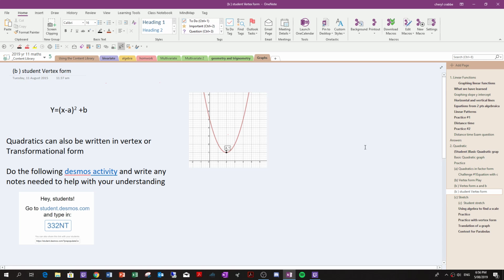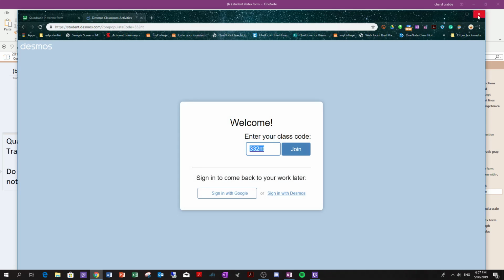Okay, we're going to just take a look at the activity that we did around vertex form for our quadratic. So we've looked at factor form, and we've looked at when it's just an expanded form parabola equation. Now we're going to take a look at when we have an equation in vertex form. Okay? So we have this form where we go in brackets x minus a all squared plus b. So it's still a quadratic, and it is written in what we call vertex or transformational form, because it's a very nice way of